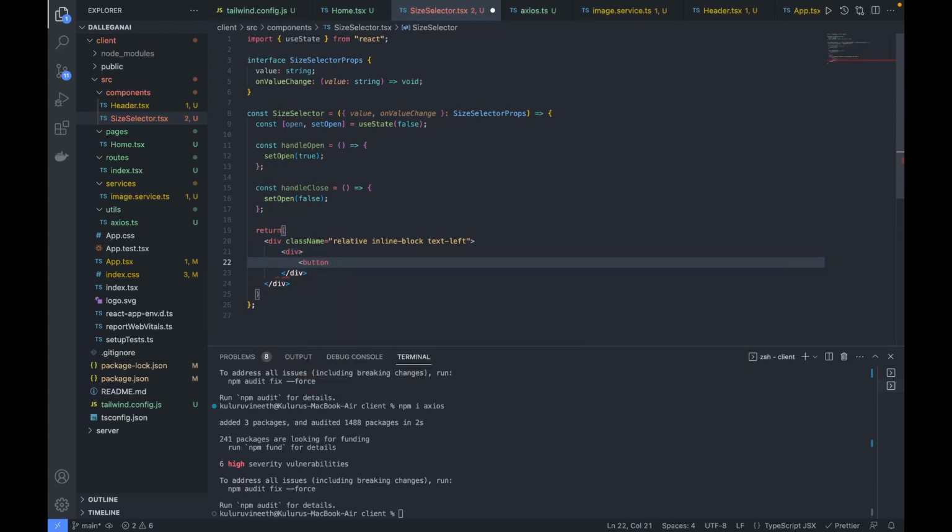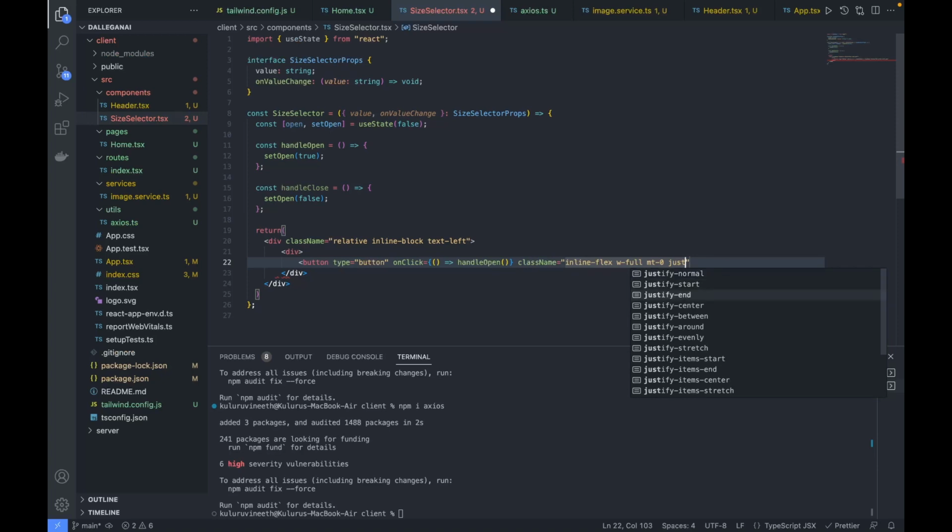Here this is of type button, and on click I'm just going to call our handleOpen function. And for the styling, let's make this inline flex, and give width full, and the margin top 0, and justify centered, and the gap I want to be